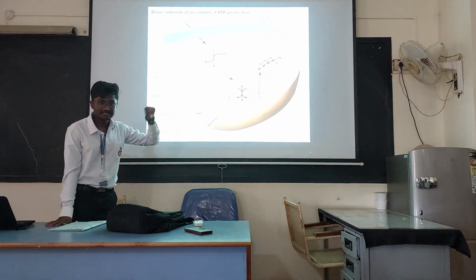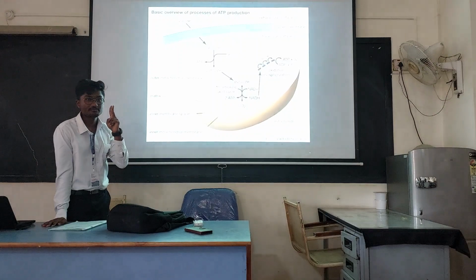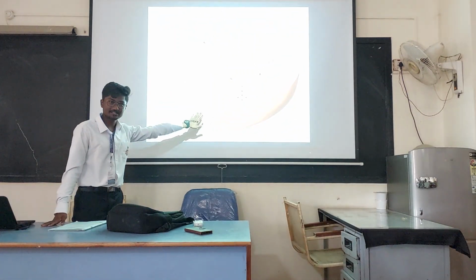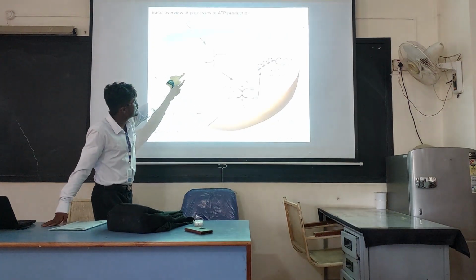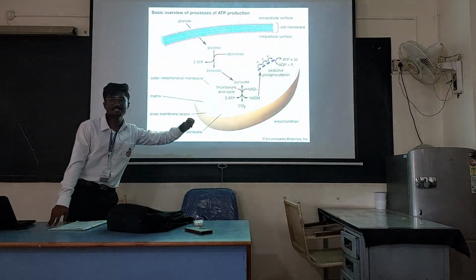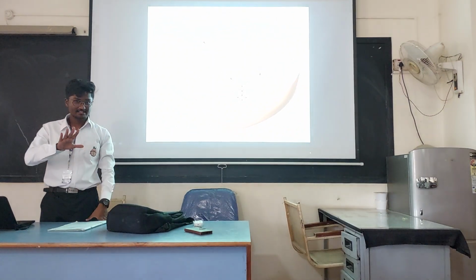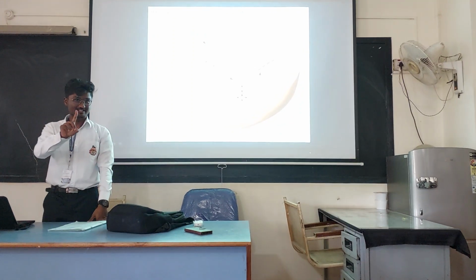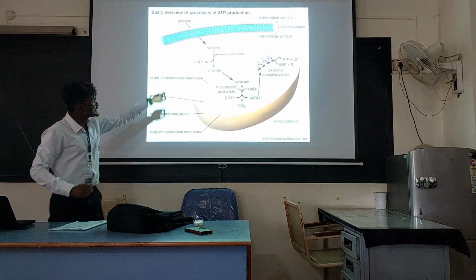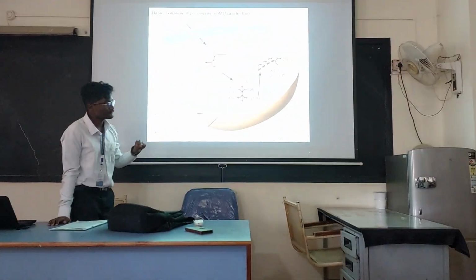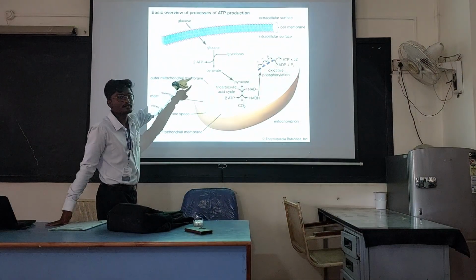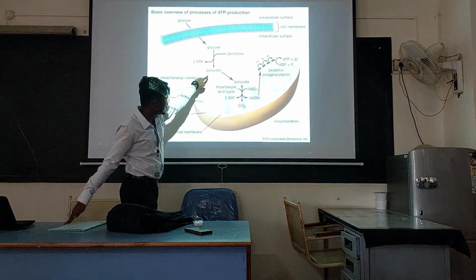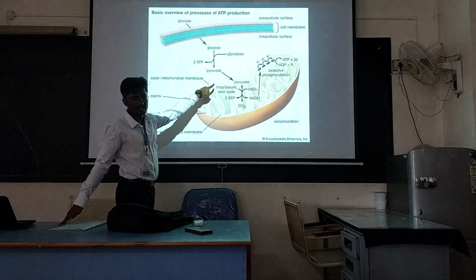And when this process takes place in the cytoplasm, 2 molecules of ATP are generated. ATP is generated in the mitochondria too, but even in the cytoplasmic region, 2 molecules of ATP are generated. So finally, by the time I finish explaining this process, I will ask a question, how many molecules of ATP were secreted, and you have to answer. The 6 carbon glucose is converted to 3 molecules of pyruvate. That is the first process. Now, this pyruvate enters the mitochondria.